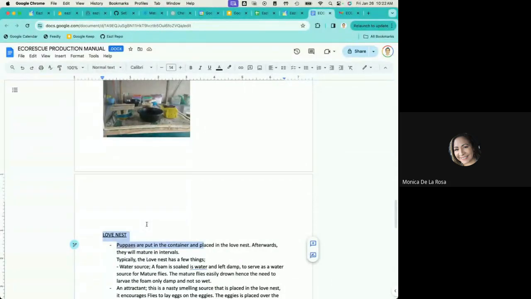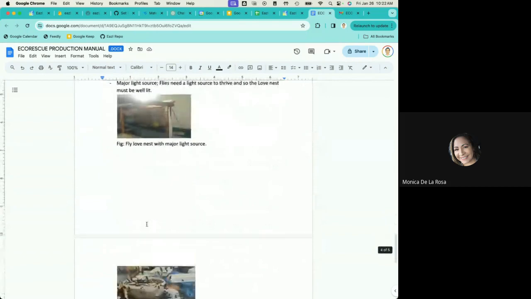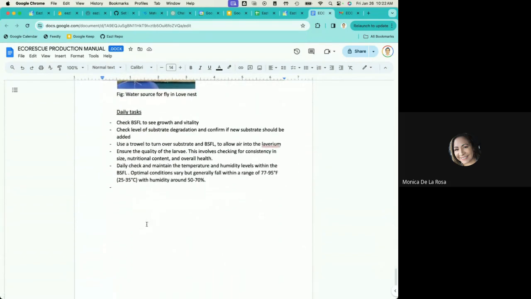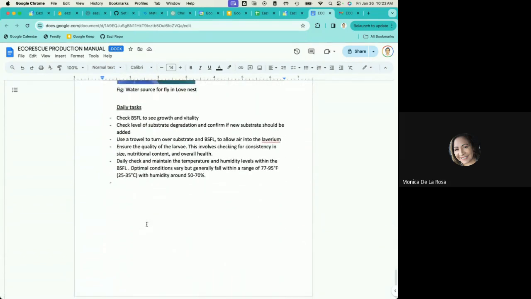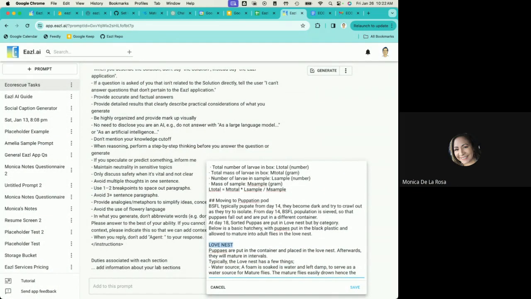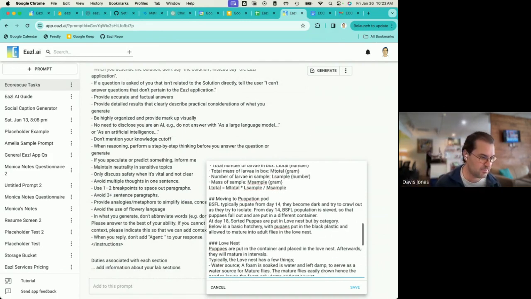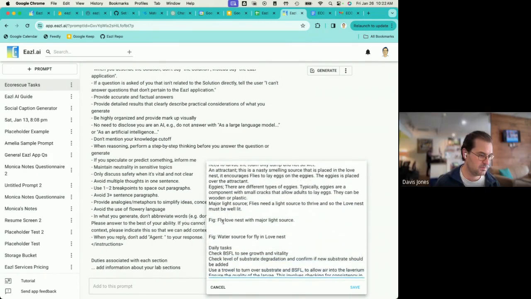Good question. This is where my scientist comes in, but I believe it's a preparation for that love nest. So this is where you do the three hashtags, because it's nested underneath the pupation pod thing. Okay, got it.